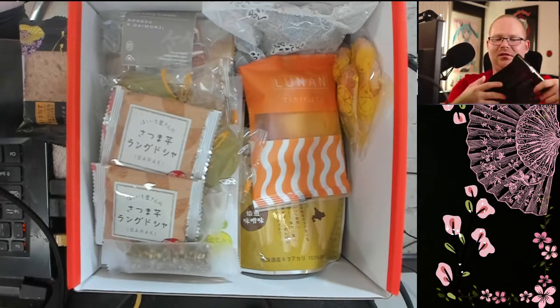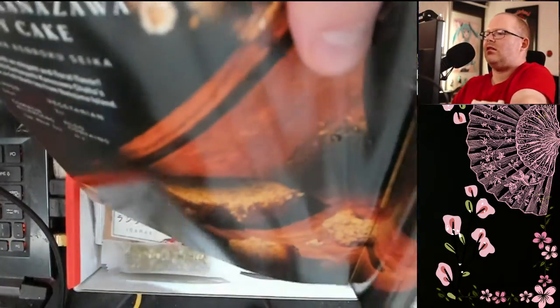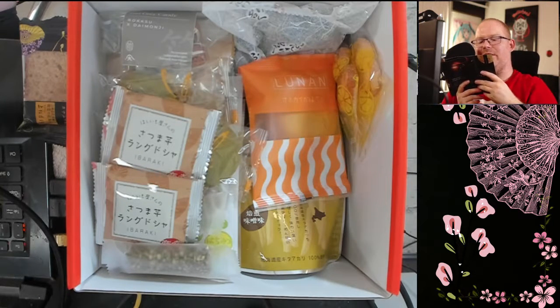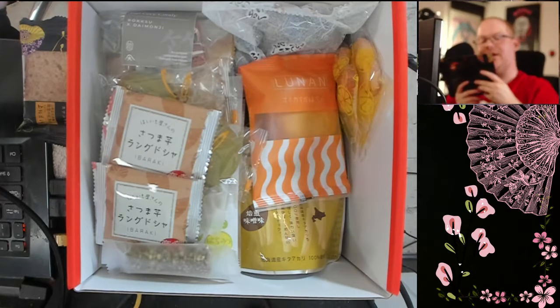The second page, the kanase cake there. A fluffy cake with an elegant floral flavor. It's made from